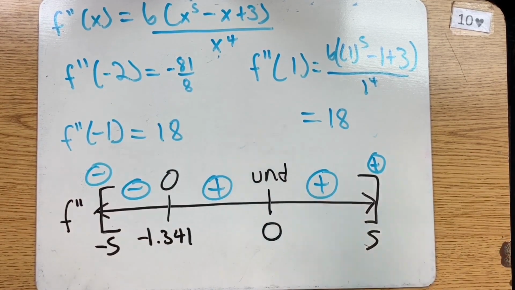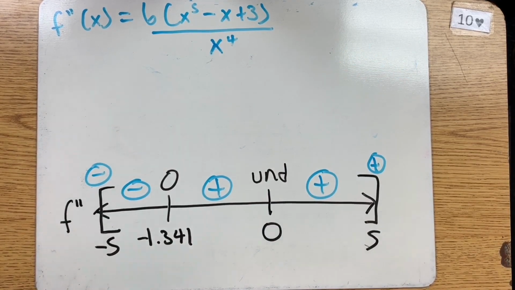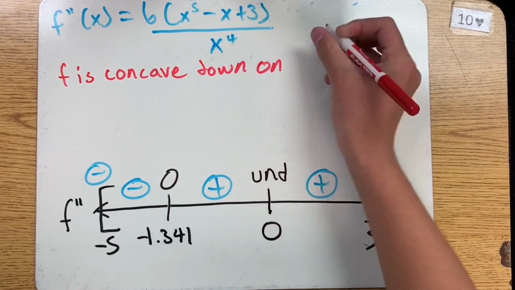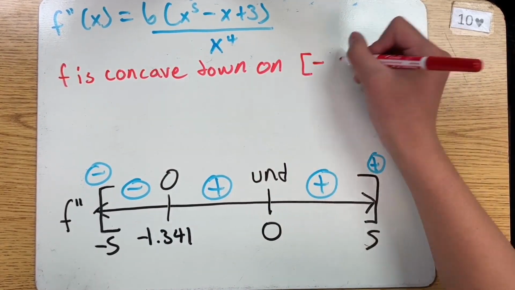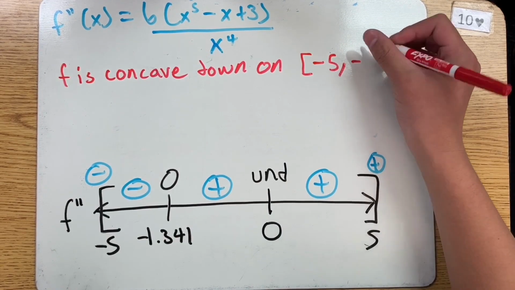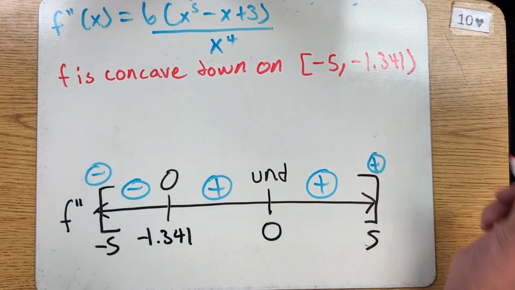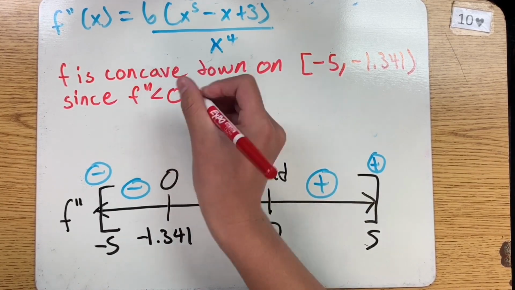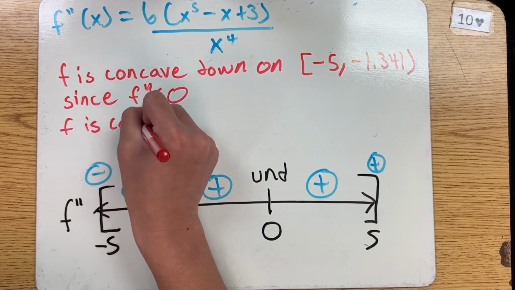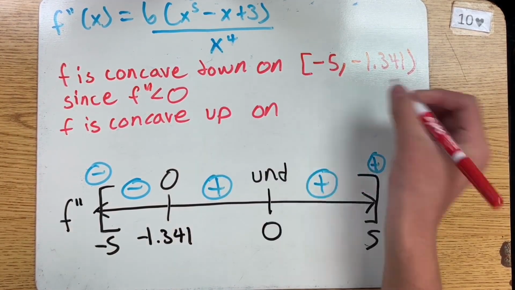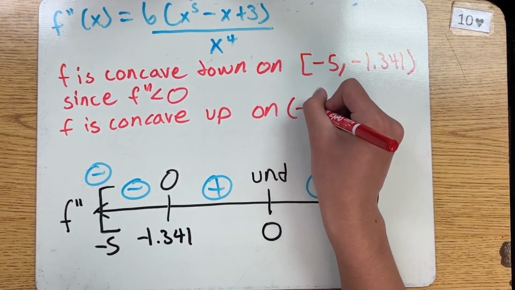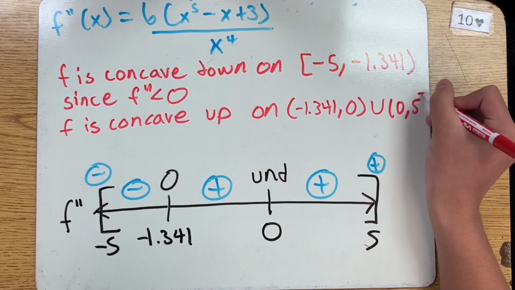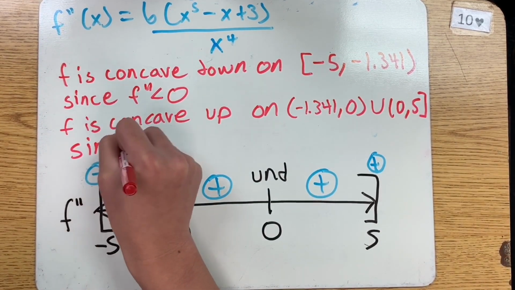In this case, the second derivative is negative on the interval -5 to -1.341, positive from -1.341 to 0, and then positive again from 0 to 5. Therefore, f is concave down on -5 to -1.341, since f double prime is less than 0. F is concave up on the intervals -1.341 to 0 and 0 to 5, since f double prime is greater